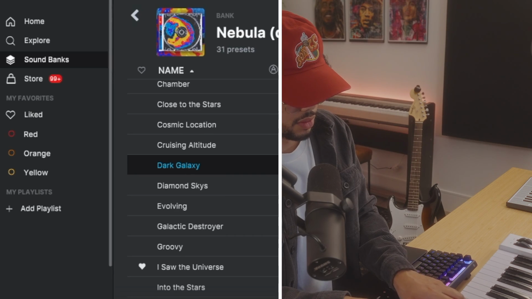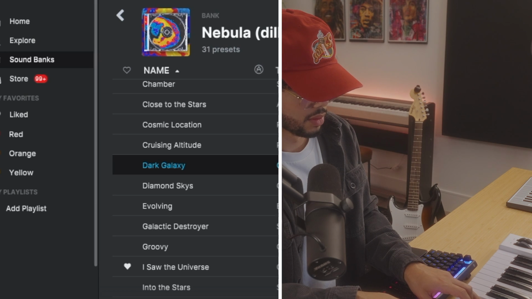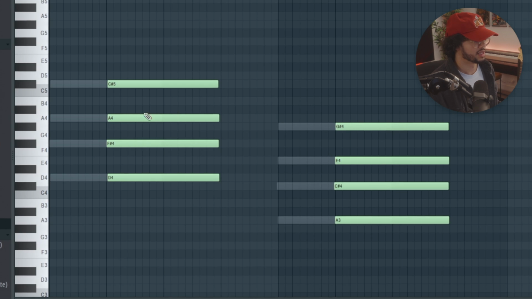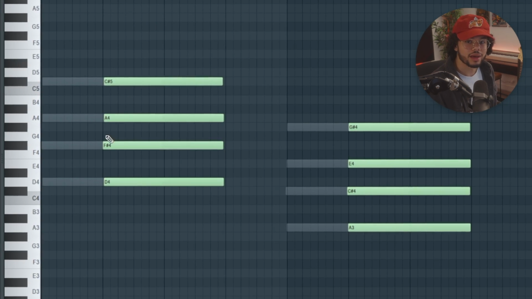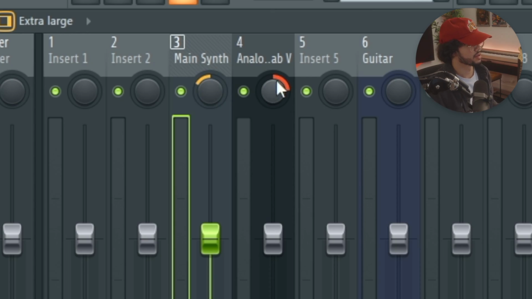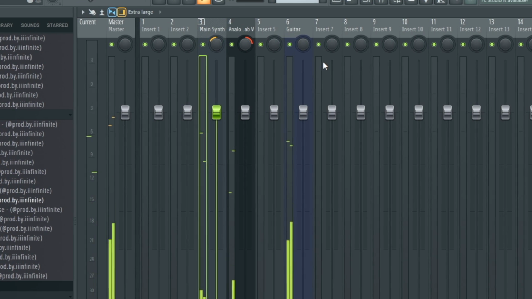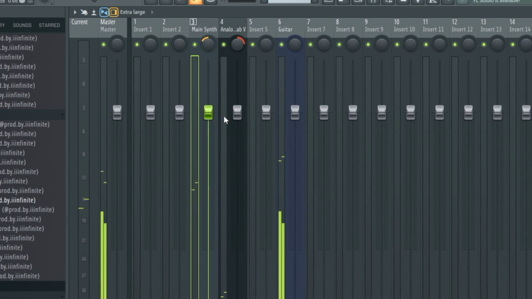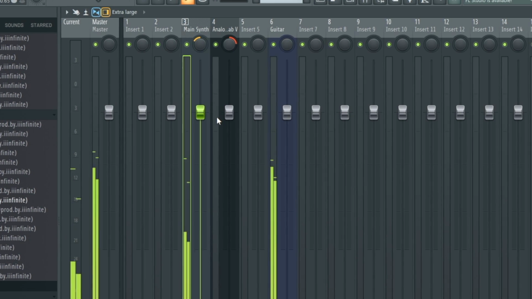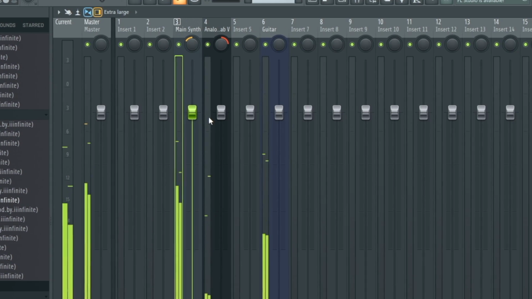I took this other sound from the bank called Dark Galaxy. It's like a really cool kind of spacey synth pluck sound. And I just put this sound kind of halfway between the other chord, and so we can hear it better, what I'm gonna do is pan it kind of hard for this sound right here. So the second sound you can barely hear, but it almost acts as, I don't know, like almost a percussive